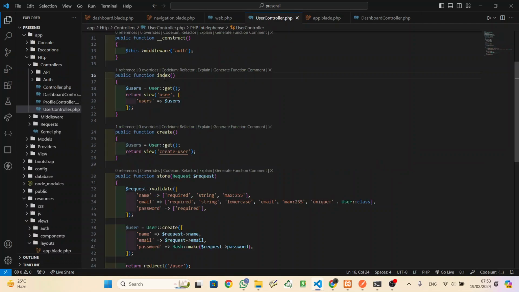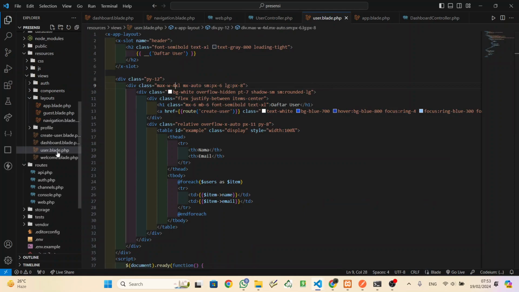Here, index. And what's the order? The order is, first, make a new variable, and inside that variable is to get the profile of the user, and return the view file user.blade.php with this data.